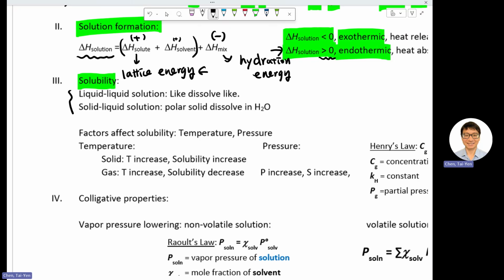Here I highlight the basic principle you should focus on: like dissolves like. That's the wording you are going to see in your textbook, but it is quite unclear to me. So when I start to teach this concept, when we talk about solubility, you always want to think about this term called the